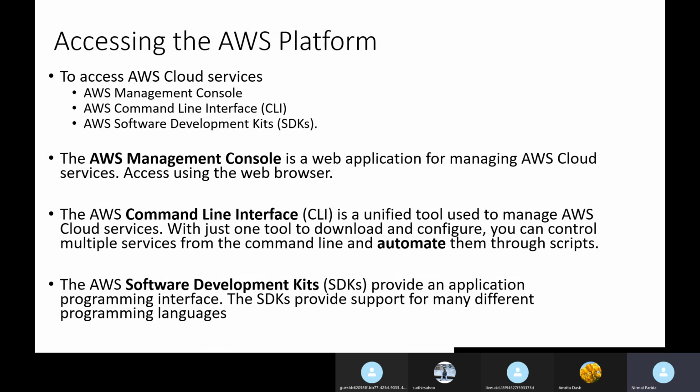For example, suppose you have developed one software called ABCD for your company, and your company wants one button in the software to upload an image, right? While clicking that button, you have to write some code to upload that image to an AWS S3 bucket. For that you have to write some code and use some APIs. That will be provided by AWS using their software development kit. I think it's clear now. Yeah.